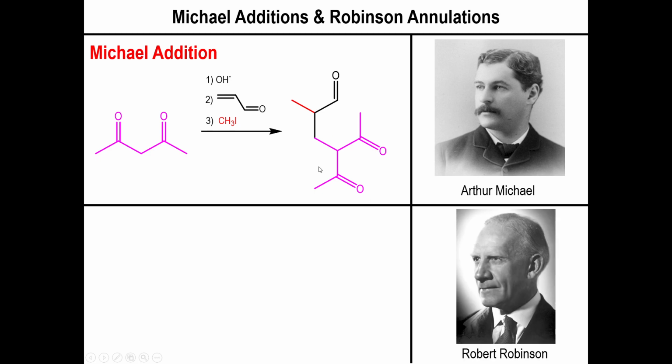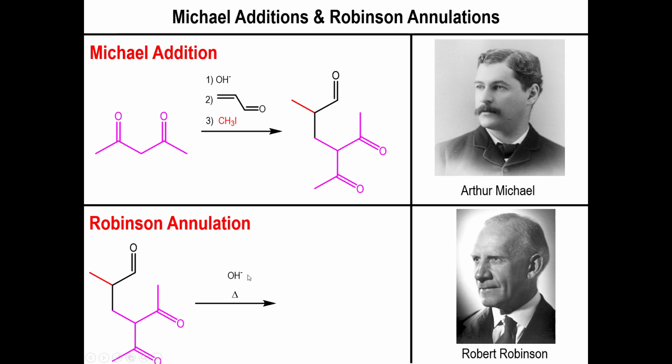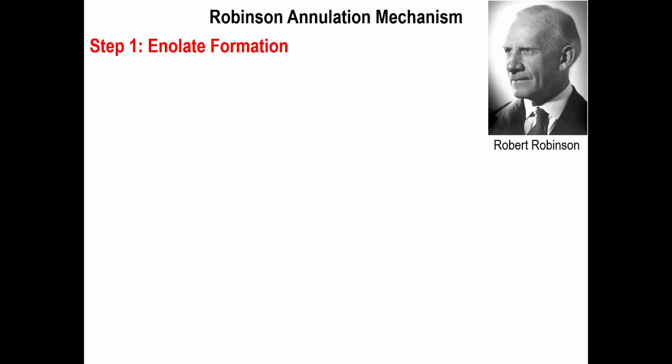Now, when this happens, Robert Robinson noticed that if you count around your carbons and you were to introduce more base into the system, what you would end up doing is generating a ring. And not just any ring, but a ring that happens to be an enone derivative. So the way that this ended up happening is that